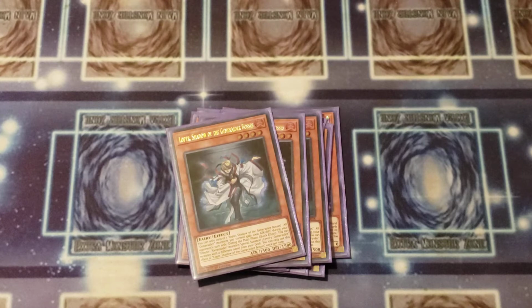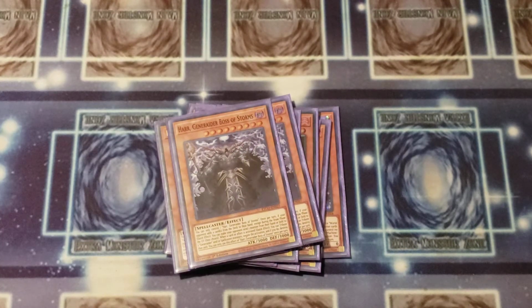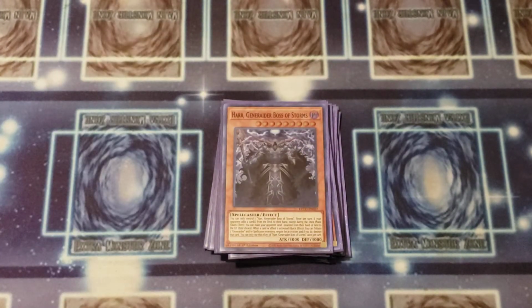Then we run 2 Hair generator boss of storms. He can make your opponent discard. Well, they get to choose what card they discard from their hand when they search the deck, which is kind of nice because you make your opponent throw things away they don't want to throw away. And then he can omni-negate by tributing 2 spellcasters or generator cards. So he's really good. Some people are running him at 3. I still think 2's okay because I like running